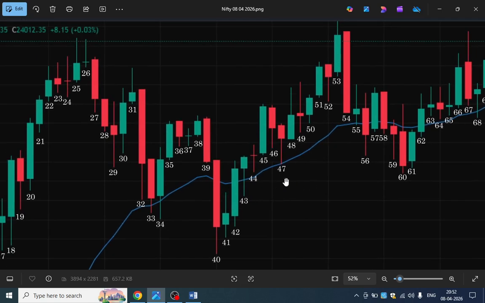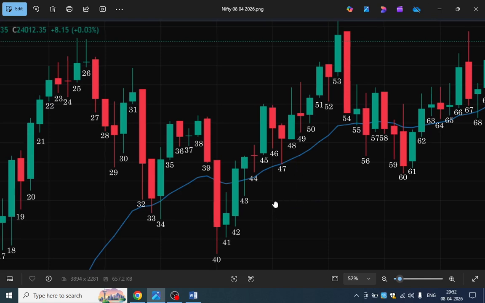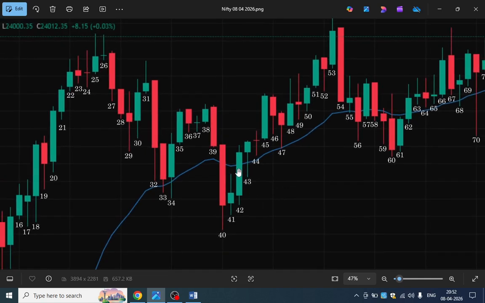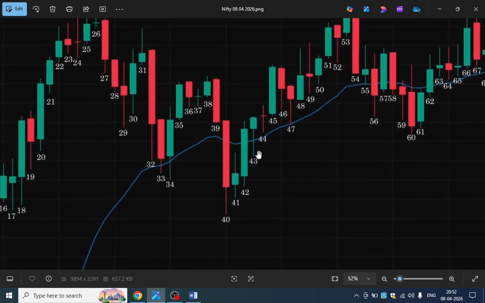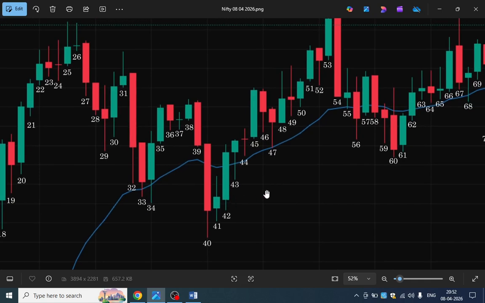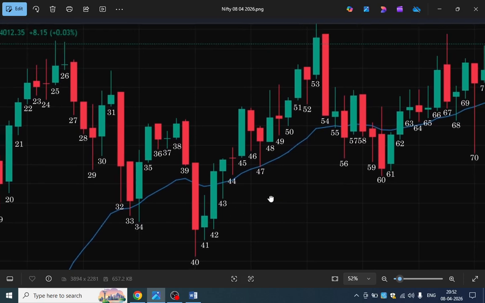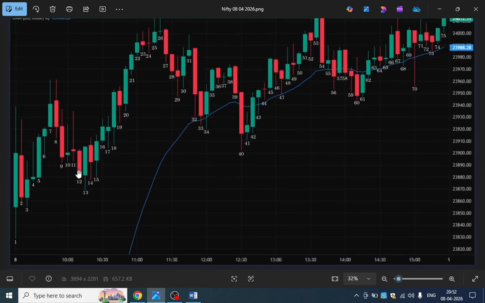You should wait for some sideways direction, because many times it happens that the market goes into a sideways direction and eventually traps many bulls or many traders. But sometimes this is the market, we don't know what's going to happen, so we have to wait for our perfect setup to happen. And as you can see, this is the first leg, this is the second leg, and this is the third leg.